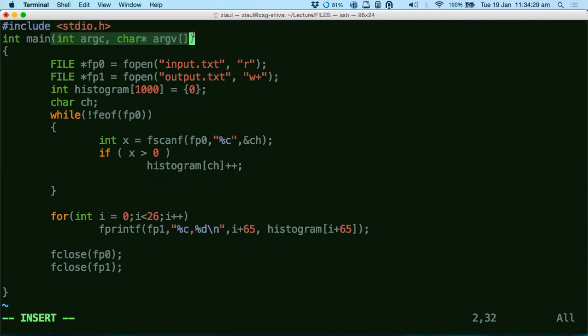Main is a very special function to us. Main is the thing from which everything starts. So if main has parameters, that means main is not called by any other function in your program. Main is called by the operating system when your program actually runs. That's why these two things capture the command line parameters that go inside your program.